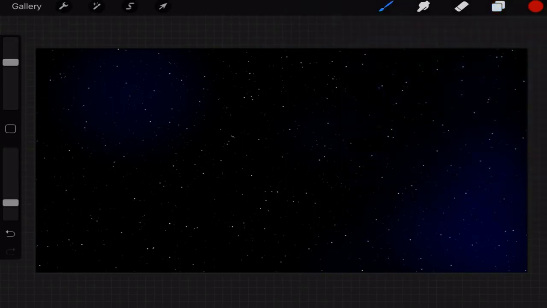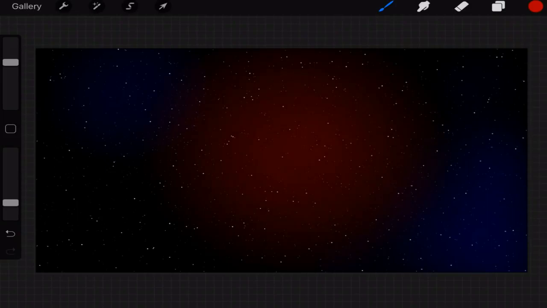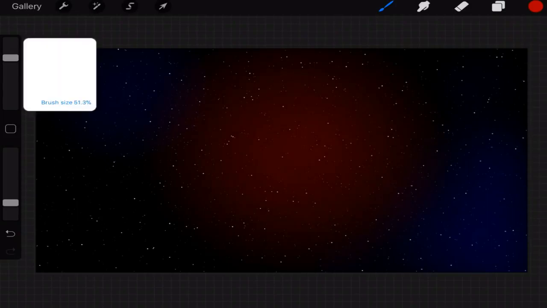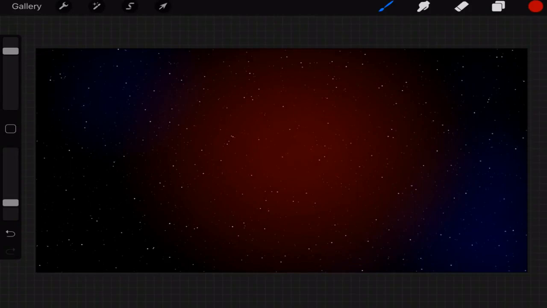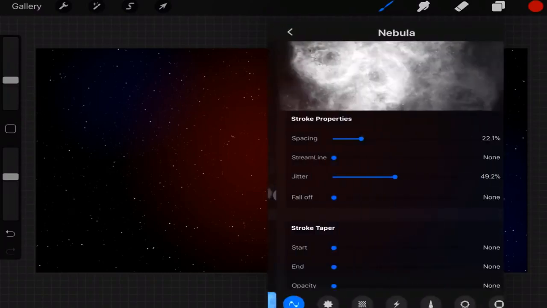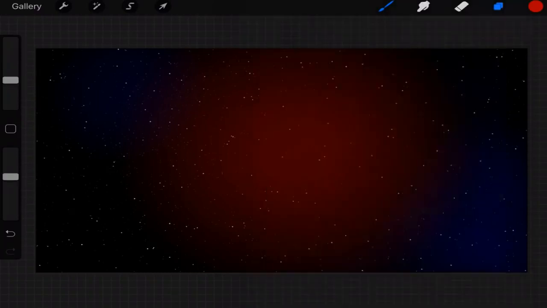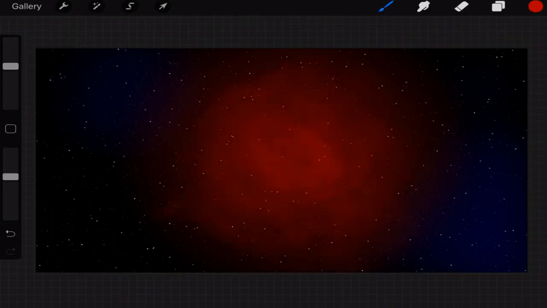So again, I'm just creating a new layer, so in case I need to edit and adjust. So I'm kind of going after a whole kind of Barnard's Loop-ish kind of nebula, or my take on one. So as you can see, I'm just kind of jumping between some brushes. There's a lovely one in here. It's actually called Nebula. And I'm just going to vary the brush size just to kind of create a bit of depth here,